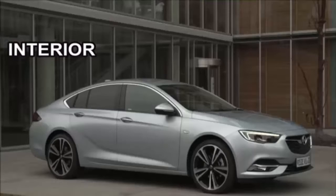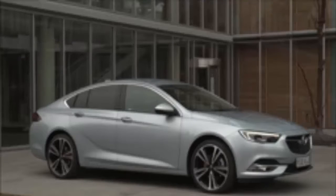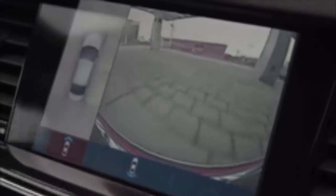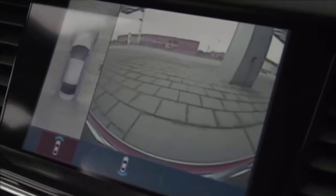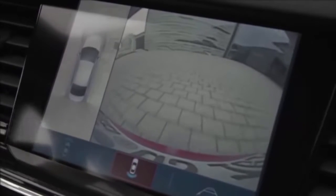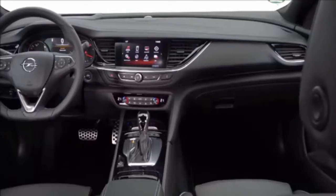Opel Insignia Sports Tourer interior, design and technology. Striking exterior design effectively masks the sports tourer's size, and the interior pleases too. The latest Insignia range looks much more distinctive than before, and the sports tourer estate has some particularly novel styling